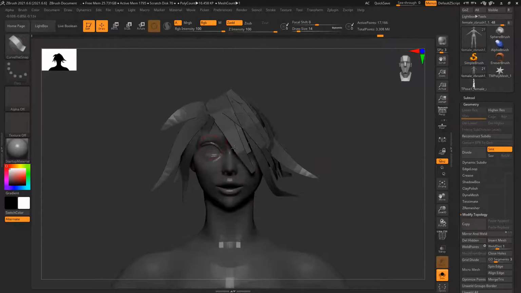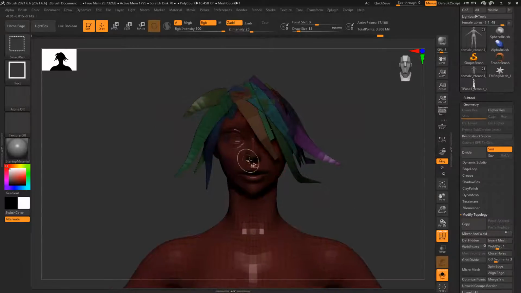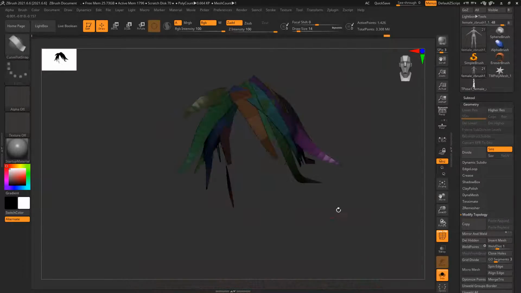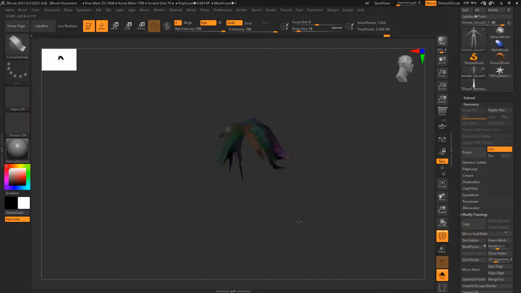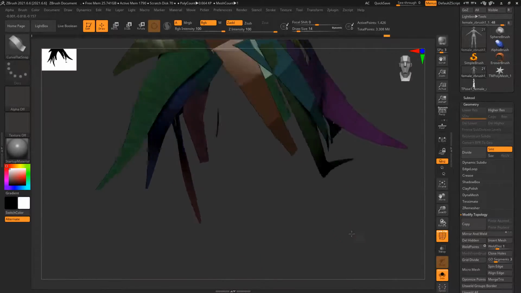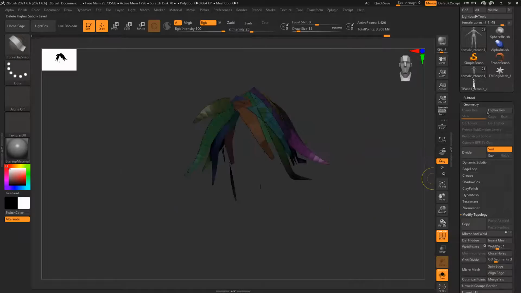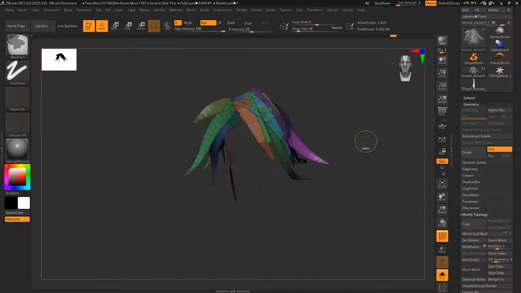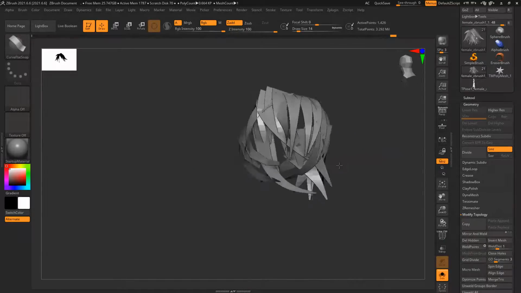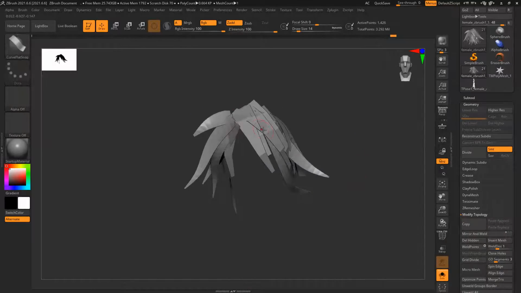And after creating this, I can just simply delete this body. Body. And then I can go to geometry, delete hidden. And now one by one, I can move everything and nicely fit.